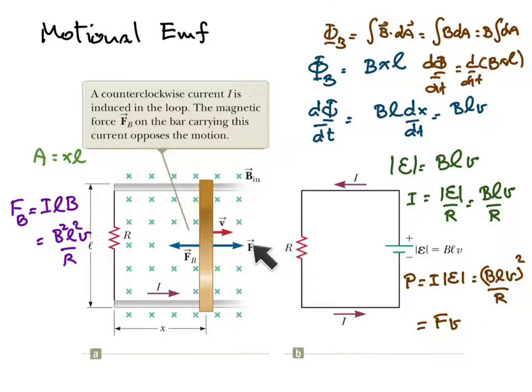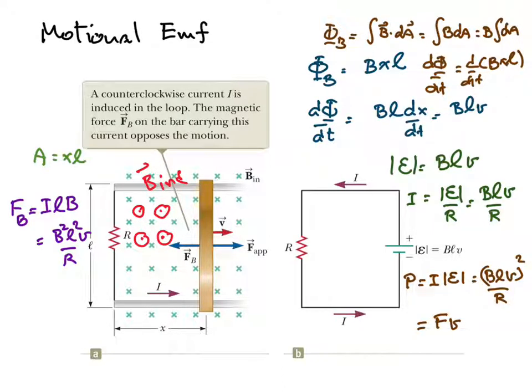In this case, you can see that when we move this side of the loop to the right, we increase the magnetic flux. So it means that from Lenz's law, this will induce the magnetic field that opposes the change of the magnetic flux. Now, if we want to induce the magnetic field that points outward from the plane like this, you can use